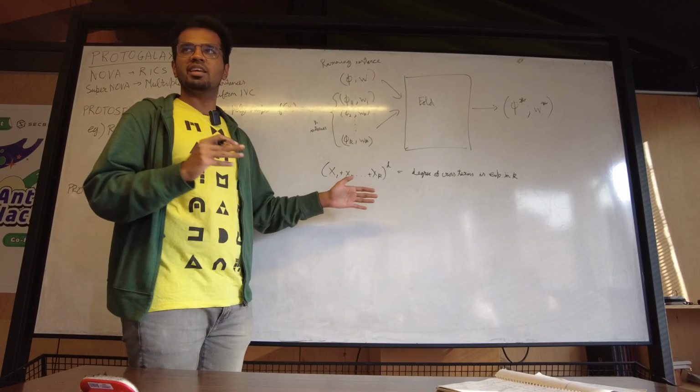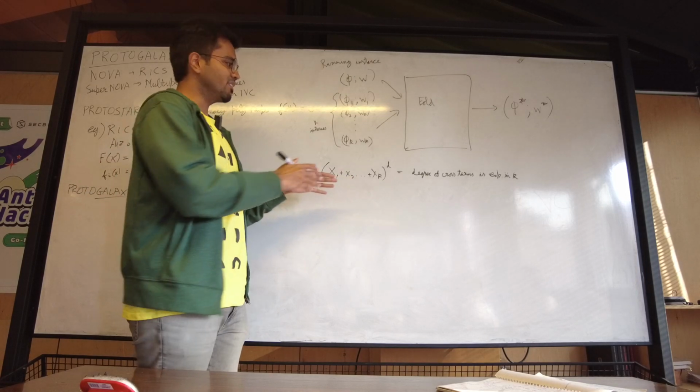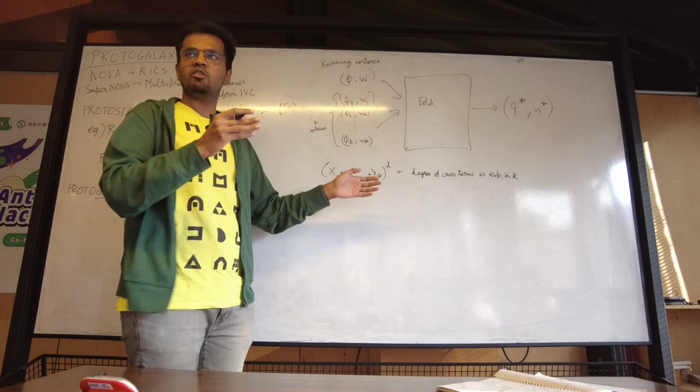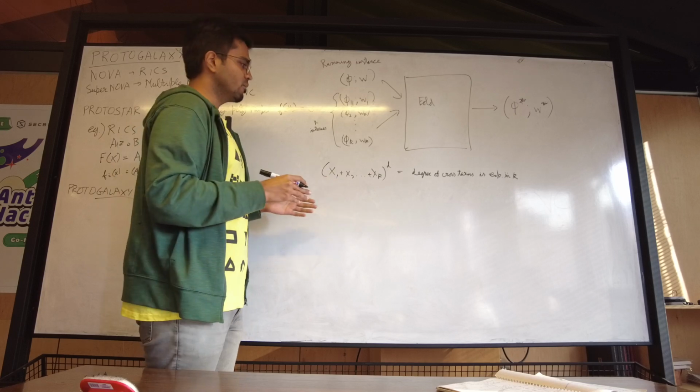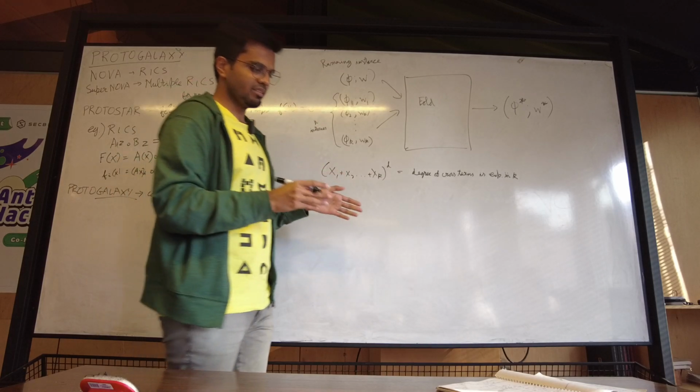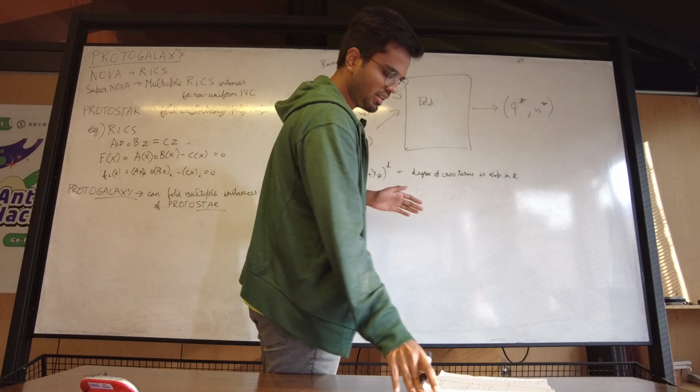So this will explode. If you're trying to combine 3 or 4 terms together, because it's exponential in k, the number of cross terms will be too large. So you won't be able to efficiently do this. So what ProtoStar does is